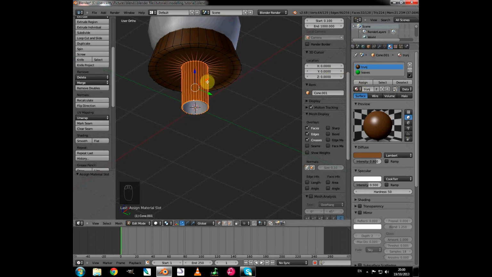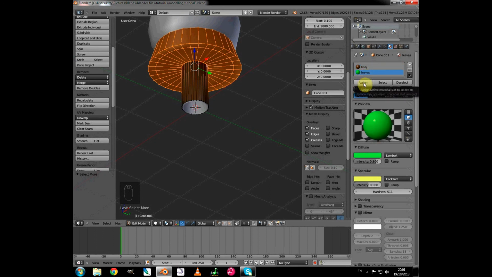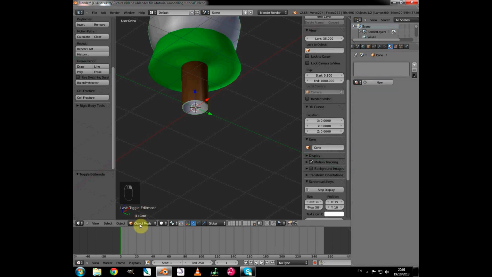Press Ctrl I to invert the selection. Ctrl plus to grow the selection so it encompasses all the leaves area. Select my leaves material, press assign. Now I need my other tree, so I'll go back to object mode, select the other tree, go into edit mode,